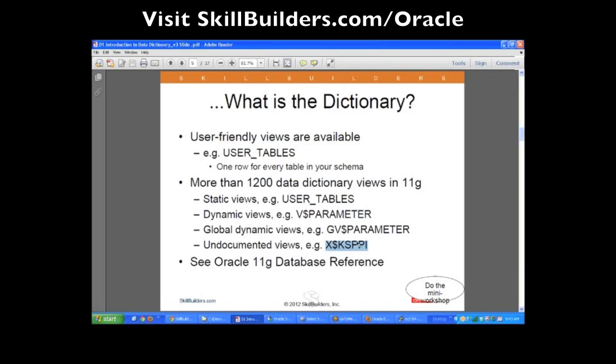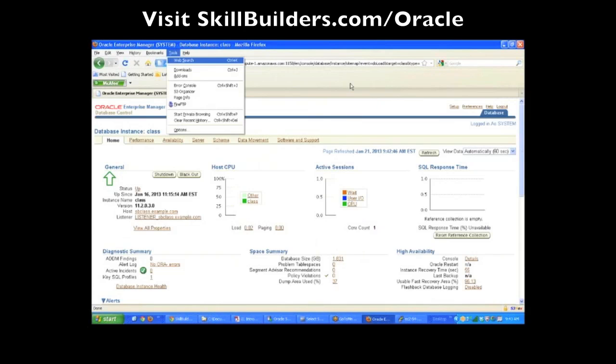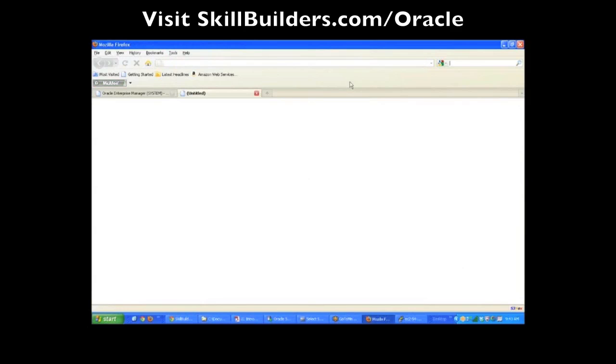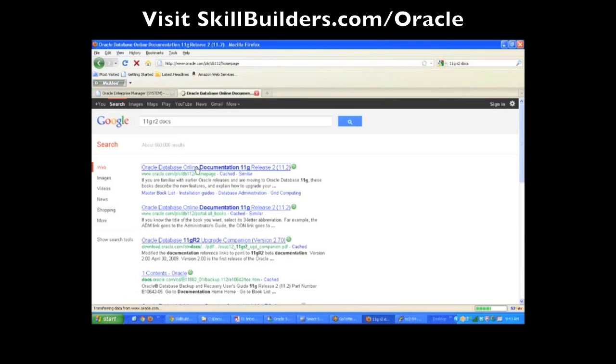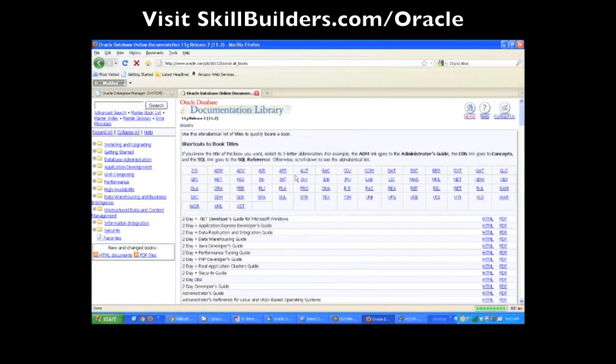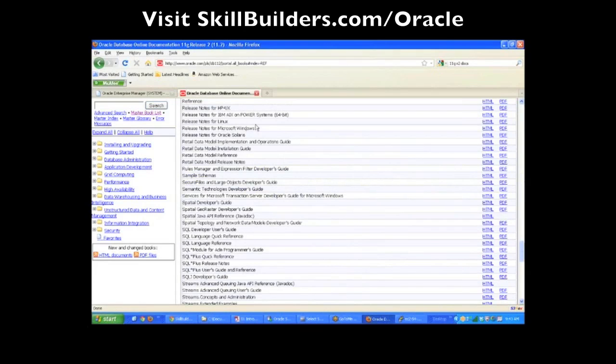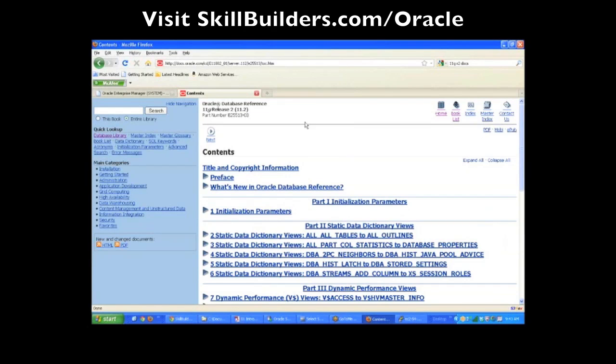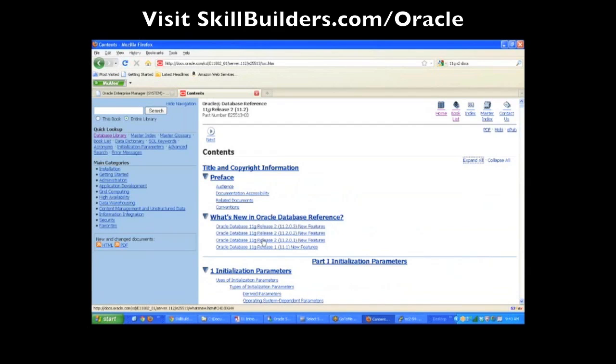So you can find all of these views, as well as the database reference also has your initialization parameters. I'll go over here and Google the 11G release 2 docs and see if we get the good hit here. I typically like to leave the master book list within reach. If I go to the reference, this is a great book to be very familiar with. I usually hide the navigation. If I'm logged in, it knows my choices already, but I'm not logged in on this